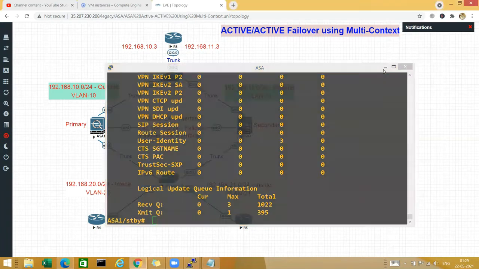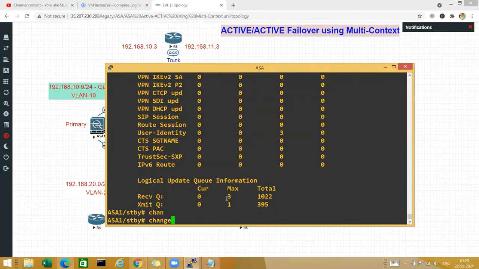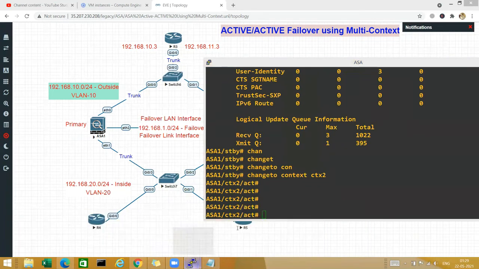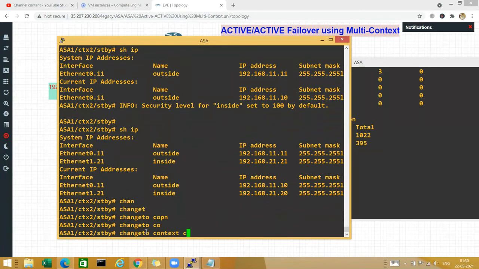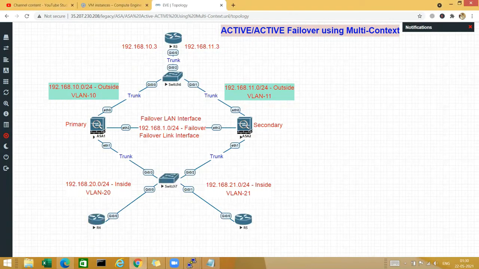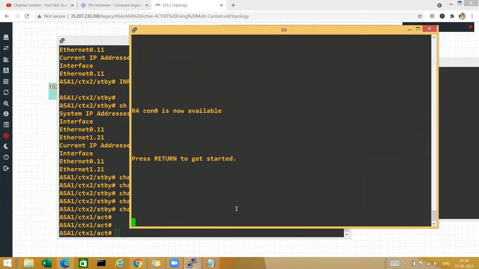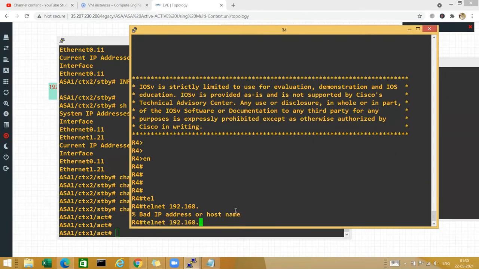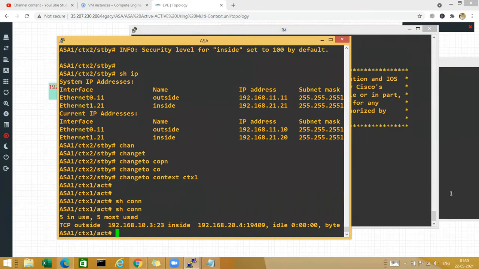Now let me show you something, guys. Let me be again in context here, change to context ctx2. So on firewall 2 I'm on context 2, and on firewall 1 I'm in context, let me go to change to context ctx1. So when I see here now R4 to R3, I will create a telnet session. Sorry, this is it, and now I need R4. So let's go here, enable, and then I'll say telnet to 192.168.10.3. Now here if I see show connection, there will be a connection there, and